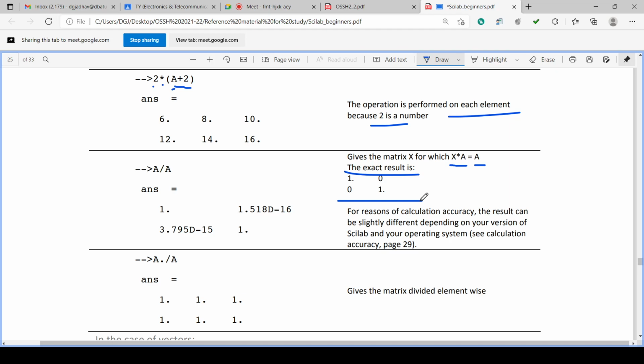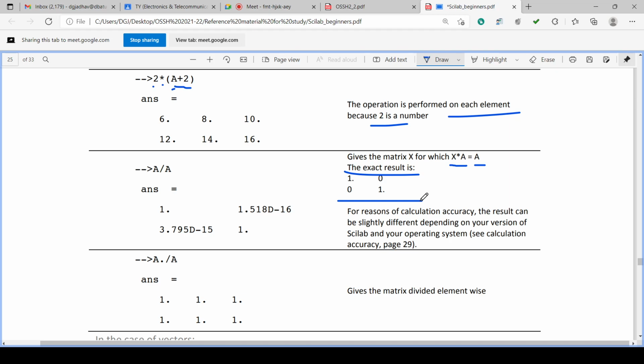If we multiply the matrix with A, we will get A. So A by A is the identity matrix. Okay, same matrix divided by same matrix.